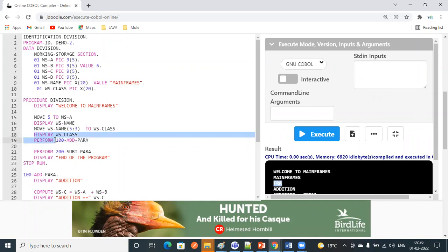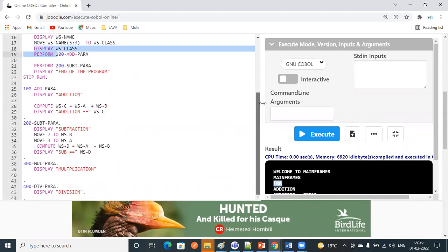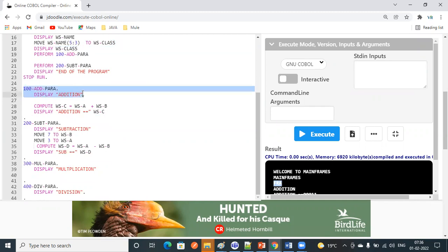Next, what is there here? Perform 100 para. We are processing the 100 paragraph. It will come to the 100 paragraph. So what is there in 100 para? Display addition. We are printing something. Next, compute. If you want to calculate any logic, arithmetic operations or something, there is a keyword compute. C equal to A plus B. Display addition.